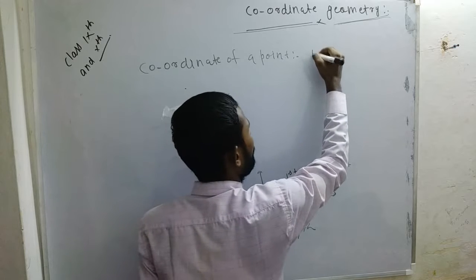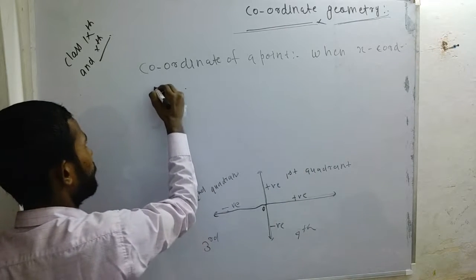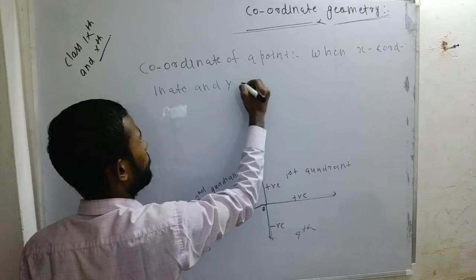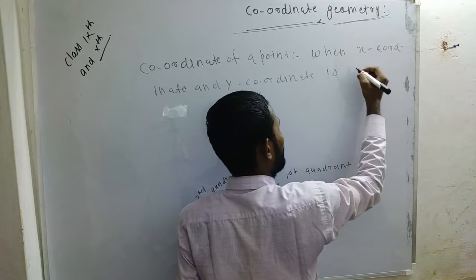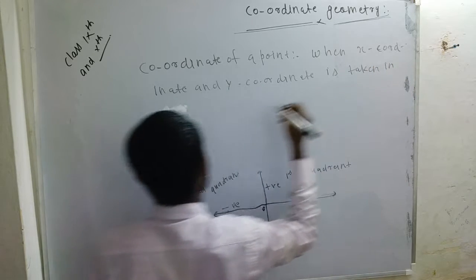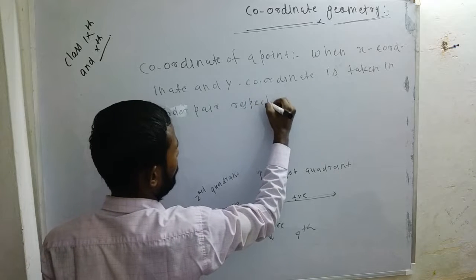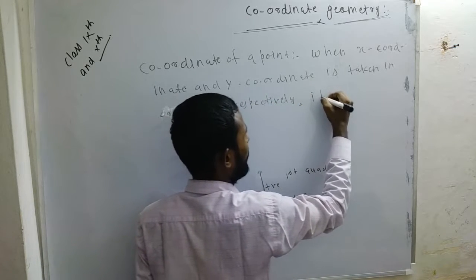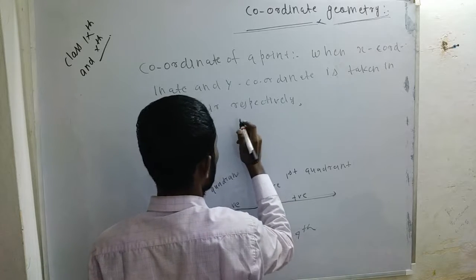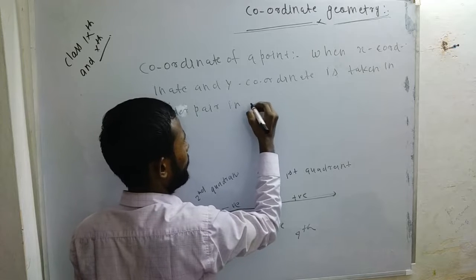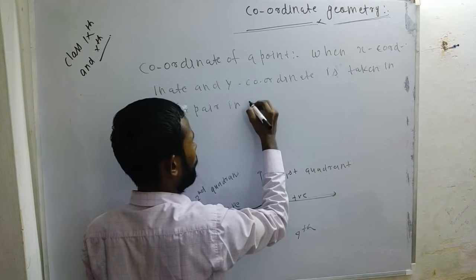When the x coordinate and the y coordinate are taken as an ordered pair, respectively, in a square bracket, in this bracket,